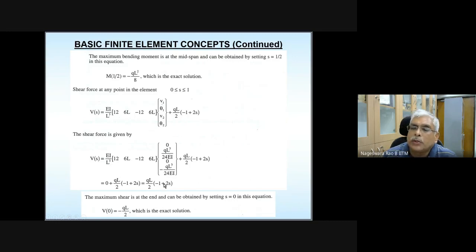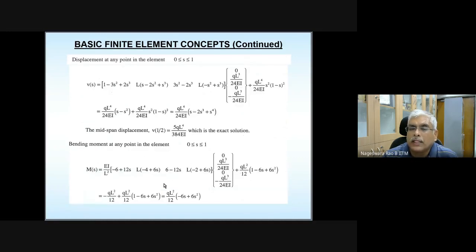So now you substitute S is equal to 0 and S is equal to 1 and S is equal to half. Okay? And check whether the solution is going to match with exact or not. So that is what is done here. Forget about displacement. Check is made with respect to bending moment. So I got bending moment after applying fixed end correction. I got bending moment relation.